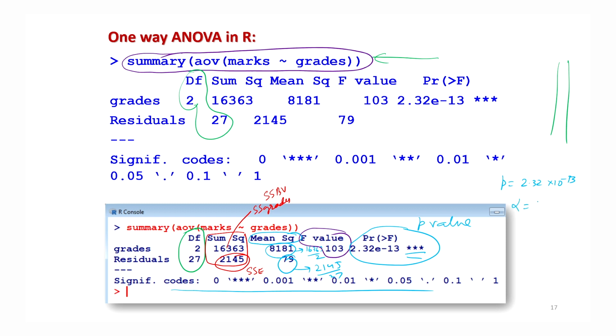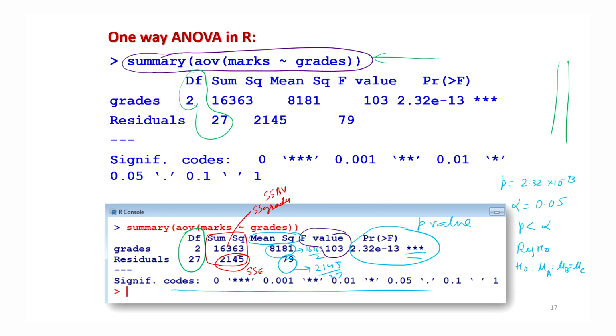And if you take alpha equal to 0.05, that is 5% level of significance, then you can very easily say that the P value is less than alpha, and your rule says reject H naught when the P value is less than alpha. So reject H naught means you are rejecting mu A equal to mu B equal to mu C. That means the means of the grades of groups A, B and C are not the same. This is rejected. And it was also clear from the box plot that they are very different.